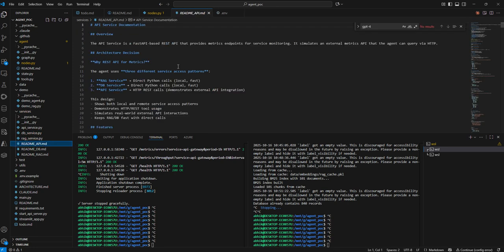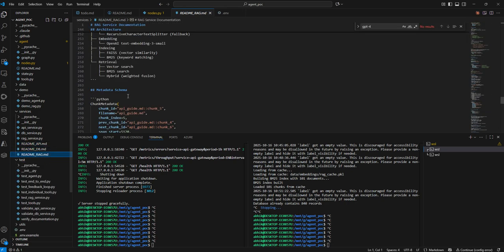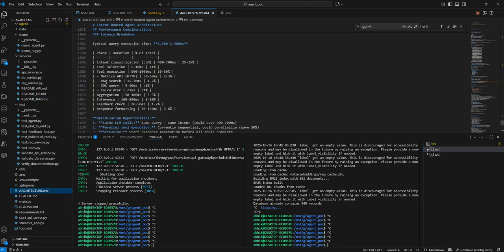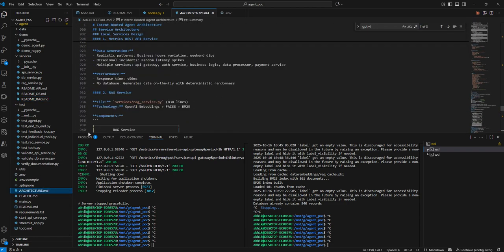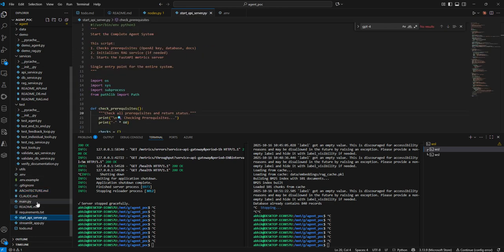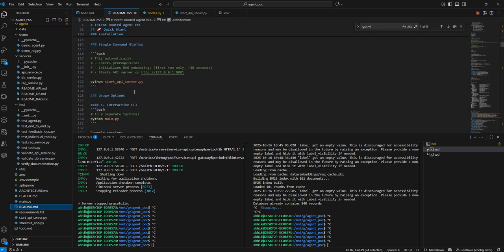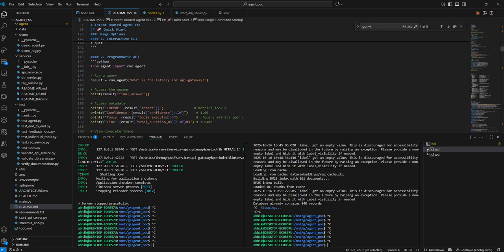This is the documentation for the API service. This is the documentation for the database. This is the documentation for the RAG. This is the overall architectural documentation in architecture.md. I will walk you through, of course, but yeah. And if we go back to the readme, then we have the instructions. We will start with this, and then we can programmatically ask the agent multiple things, or